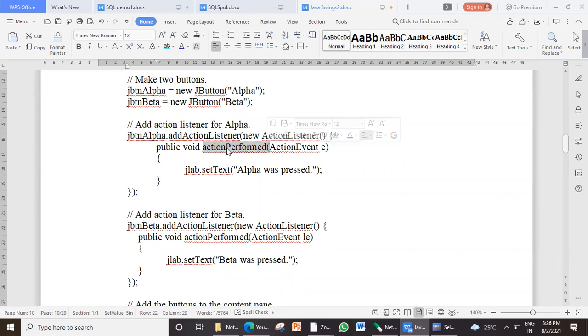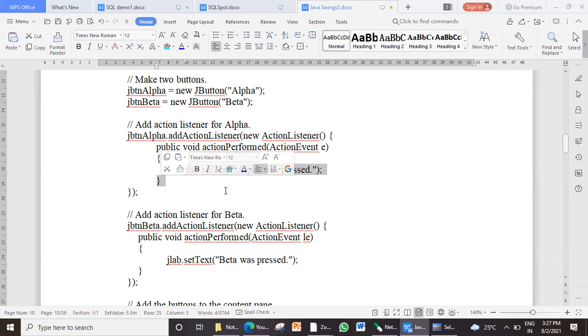So what are we going to do when the alpha button is pressed? I am going to display text in the label: alpha was pressed. So here I write that.